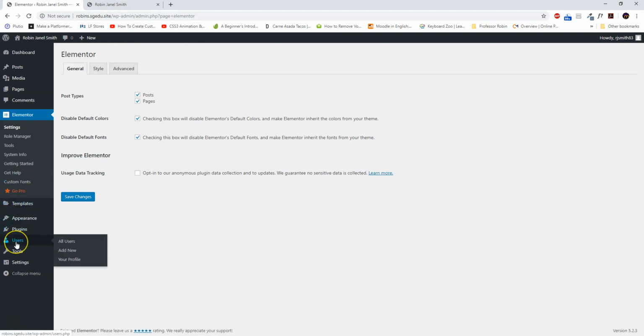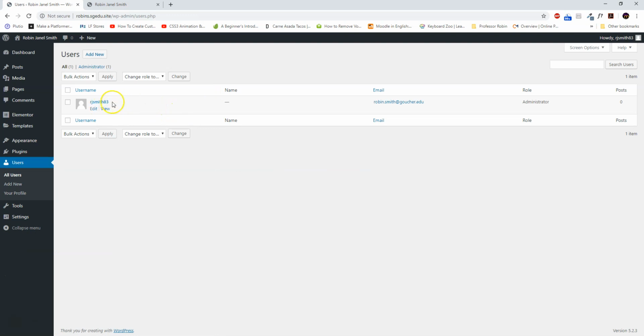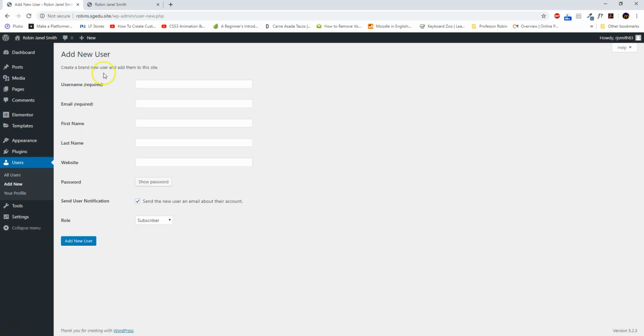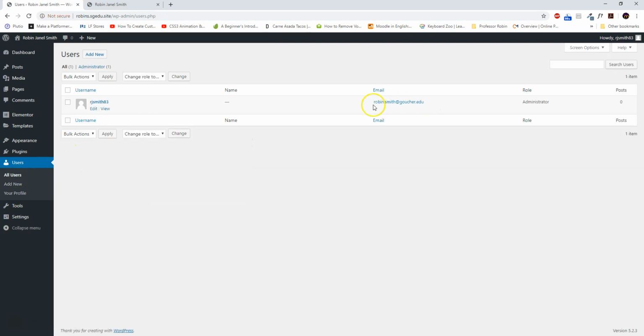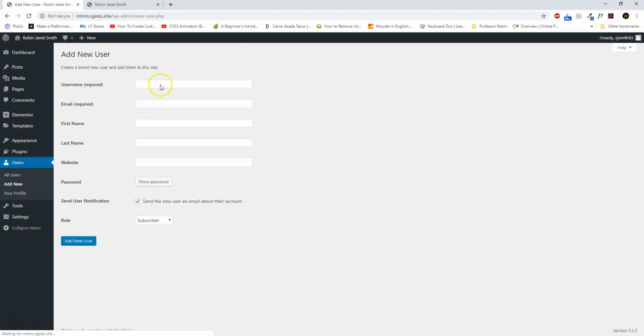And then the last thing that I want you to do is go to users. So if you go to users, you'll see the user that you created for yourself. What I need you to do is create a user for me, because I need to go in here and be able to see what you guys are doing and all that good stuff. So that if I need to troubleshoot, or just because I want to check on you guys. So create a username for me. If you could just create it as RJ Smith, and you can just use, well, it's not going to let me do it here, I don't think, because I already have robin.smith@goucher.edu. Yeah, so it's not going to let me add the same email here,